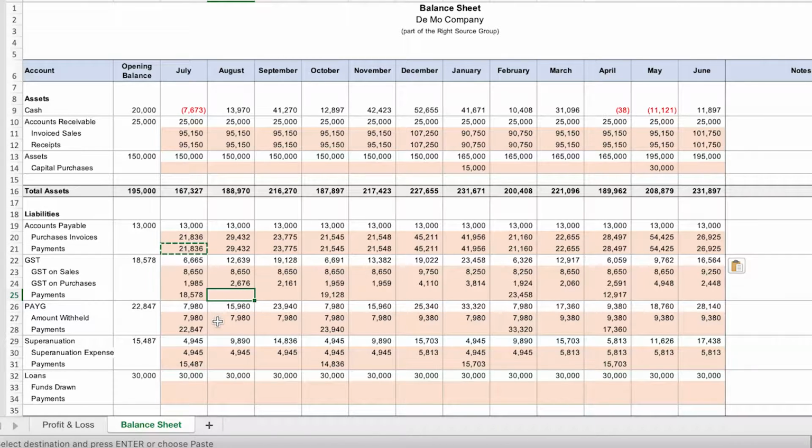The next one is PAYG. This is where you withhold tax from your employees, and that gets remitted to the government as well. I've got a calculation here which takes the wages that are in your budget and says, look, around 14% on average is what we withhold. It's something you can look at for your business depending on the type of employees you have. That percentage changes, but it's a rough estimate. That's what you withhold from their wages, so that will need to get remitted to the government.